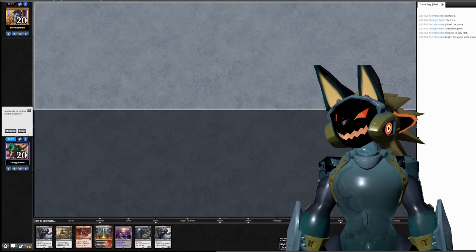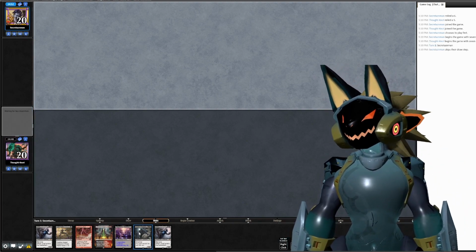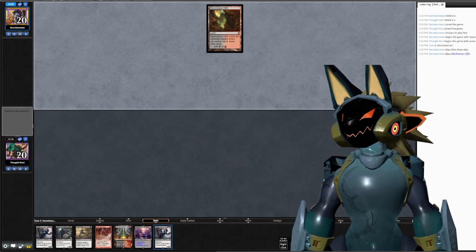We're on the draw. I'm gonna keep this one. Normally I wouldn't, but we've got a lot of things we can pitch. I hate pitching grief to grief, but